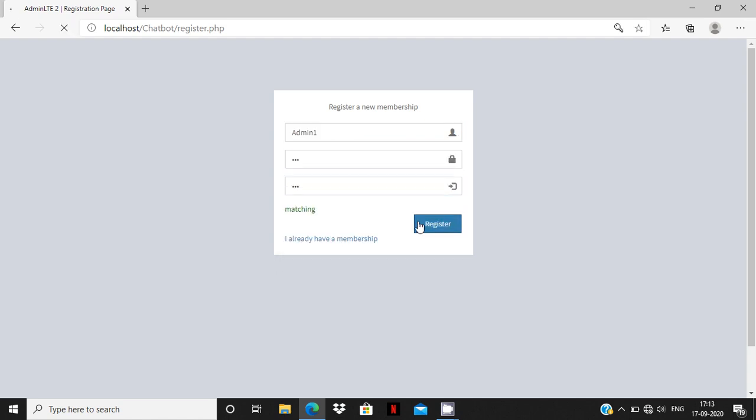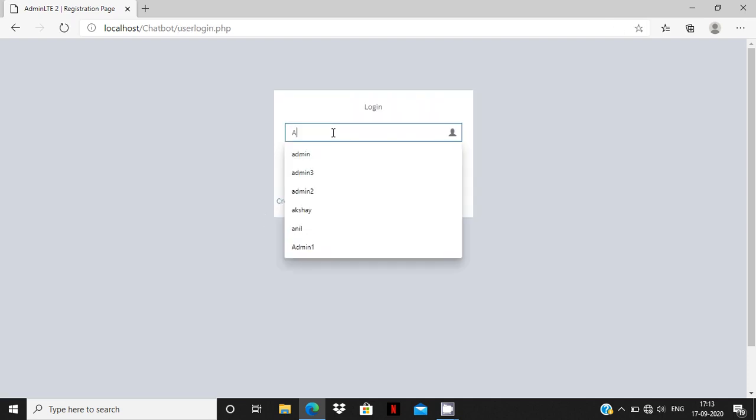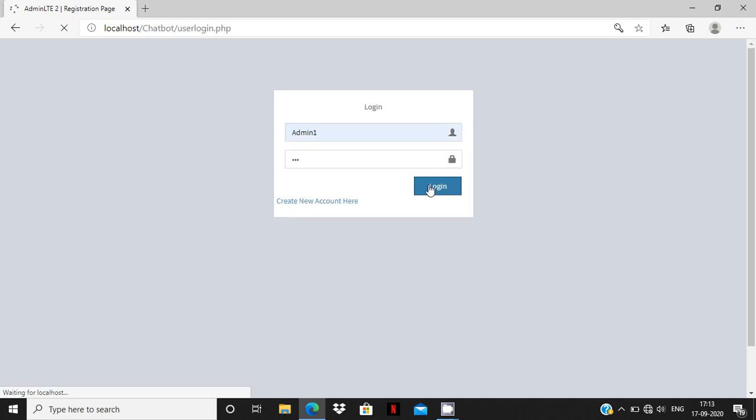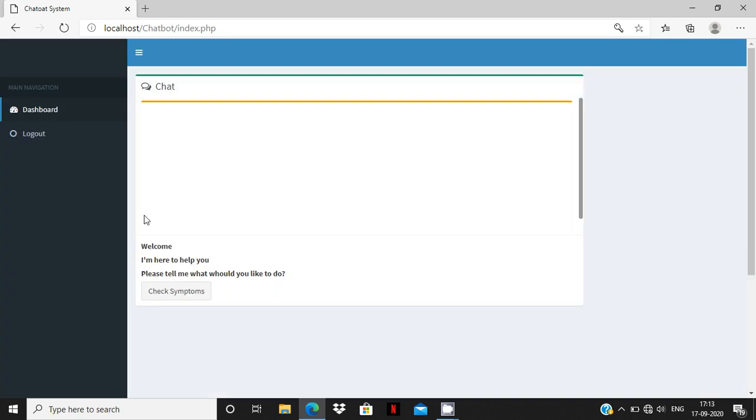In phpMyAdmin, we have created a database named chatbot. In this, we have created tables such as symptoms, where we specify all the possible symptoms. Then another table named disease, where we have mapped the disease name to the path of the article, or address of the article, for each disease.